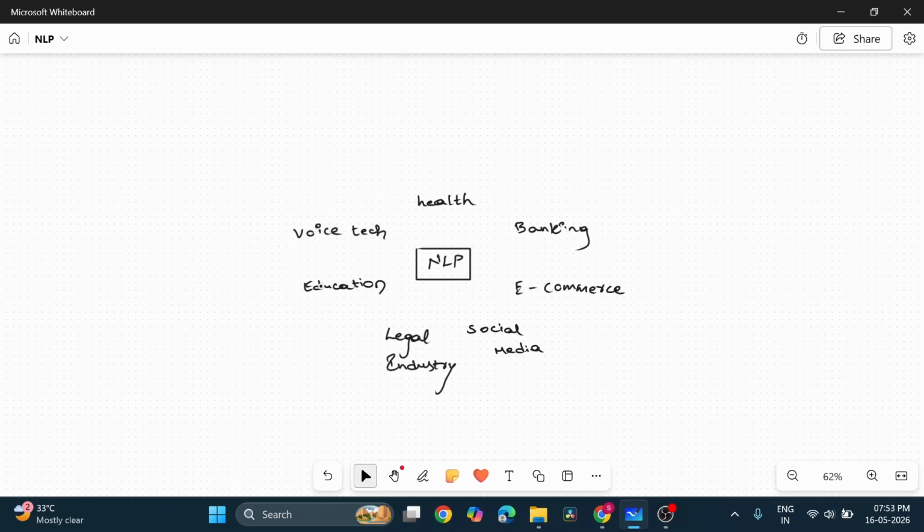And not only that, voice tech. For example, voice technologies like Siri and Alexa. All these technologies use NLP to understand the context of humans, whatever query was provided by humans. They will understand the context and provide the results in the same context. So context is the main thing here, and plays a key role in understanding humans. So this is the importance of NLP in every sector.